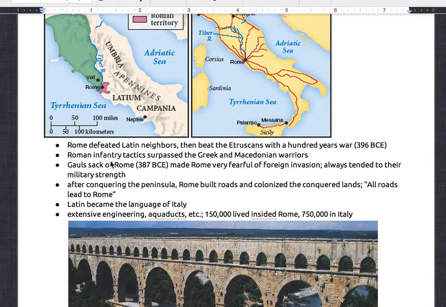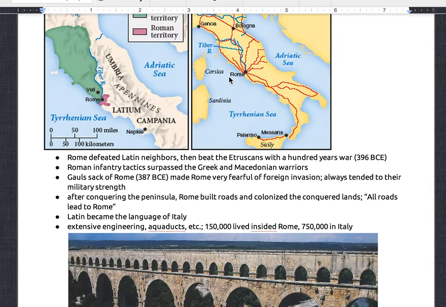The Romans during this time period became very fearful of foreign invasion and were always very aware of being militarily strong. I mean, this never leaves Roman culture. They were always a very powerful military, partly because in 387 BCE, not long after Rome begins its expansion in the Italian peninsula,